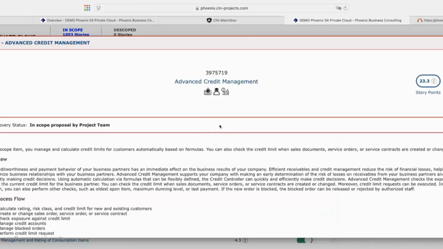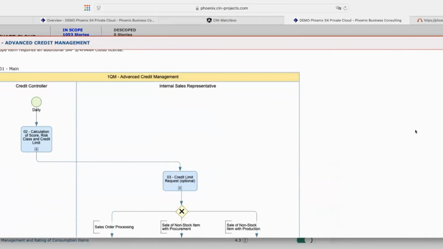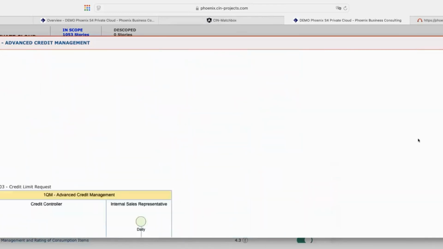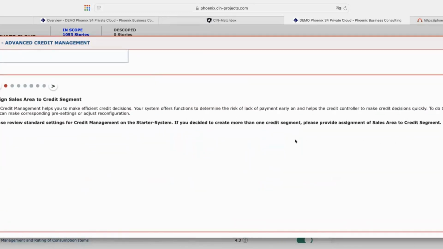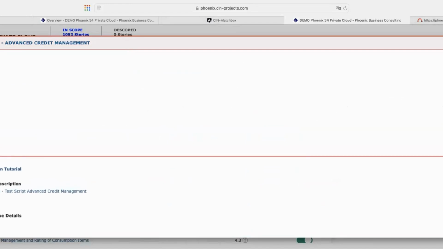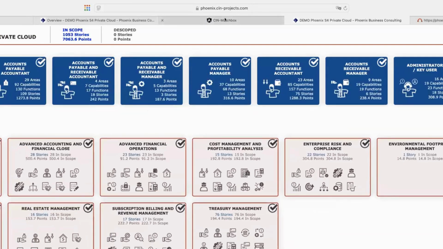The scope item itself is for sure described as well. You would see then also, let's say, the signal charts coming from SAP with the process flow inside of the scope item, as well as questions we ask during the process, the next step of the process, where we can drill down in detail, looking into the details, asking customers also questions which belong exactly to the scope item. Having said this, I will go back now and I will show you a tool